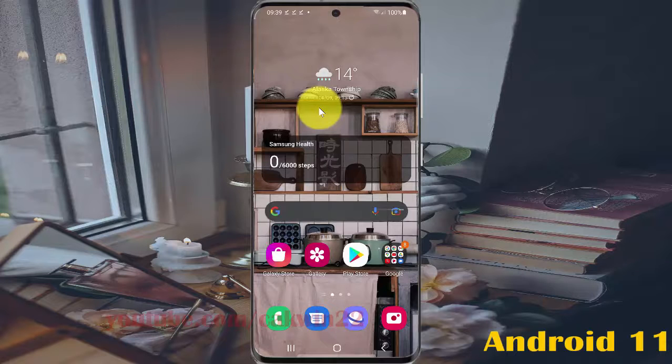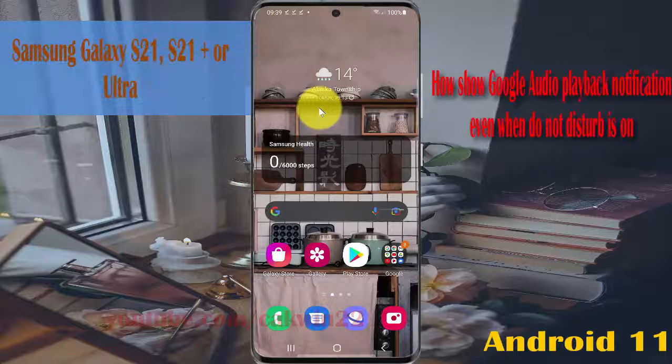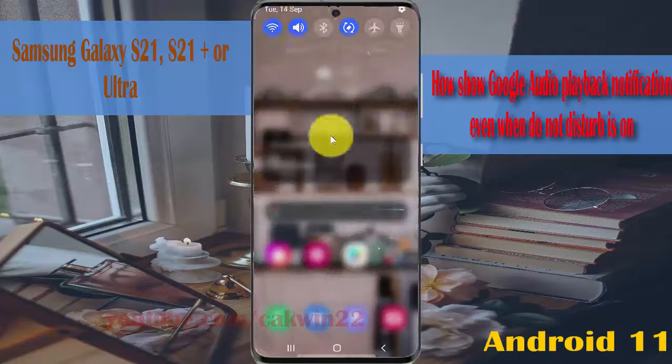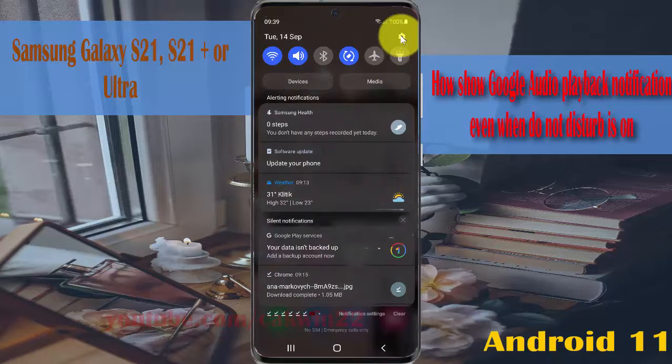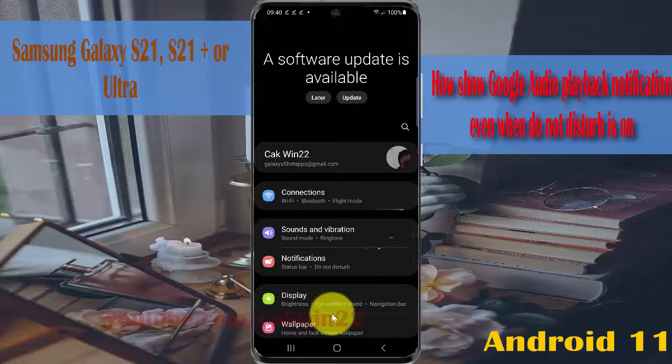To show Google Audio playback notification, even when Do Not Disturb is on in Samsung Galaxy S21, S21 Plus or S21 Ultra, open settings, swipe the notification panel, and then tap settings icon, scroll down settings screen, find Google,